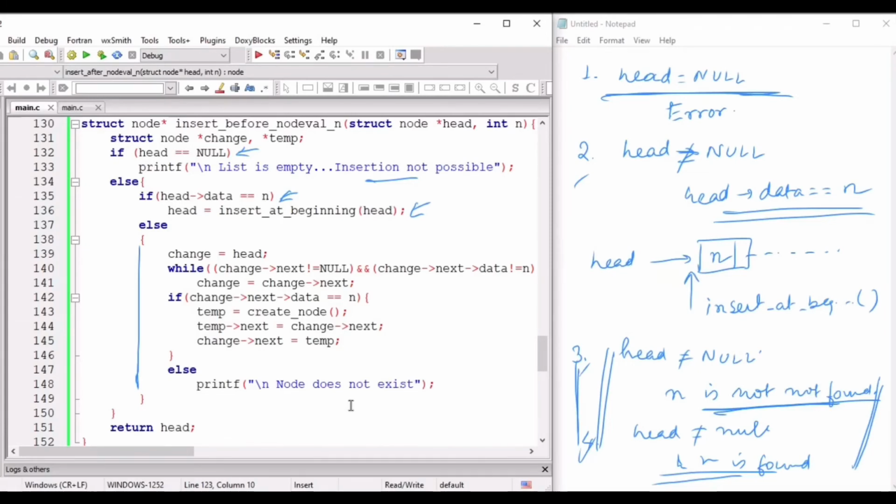So for traversing the node, we have to set the change variable on the head node. Let us see the working of this particular procedure in detail.